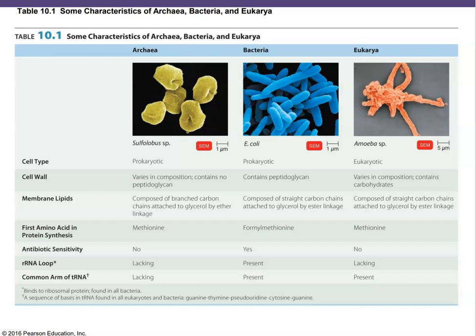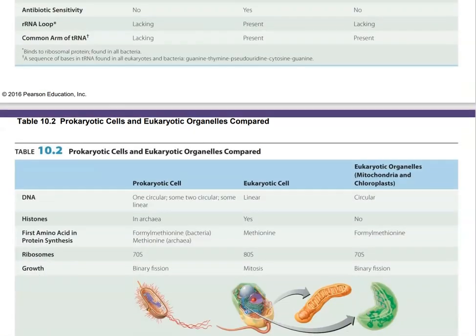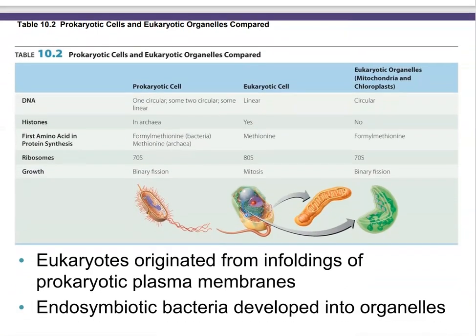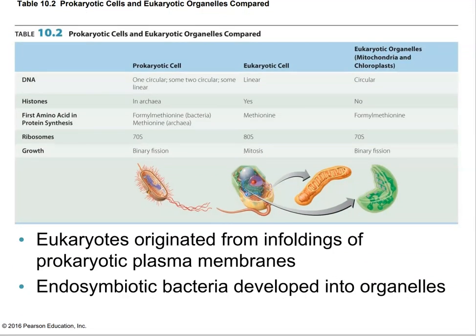When other cells are long dead, archaea are still thriving, in very strange environments actually. Bacteria, we've been taking a look at them, and we did the profiles of the bacterial cells in the previous lecture, so hopefully you remember some of this, and there's a nice summary on this slide. And then the eukaryotes, here's an amoeba as a representative one. And here you have more profiles of the different types of cells.